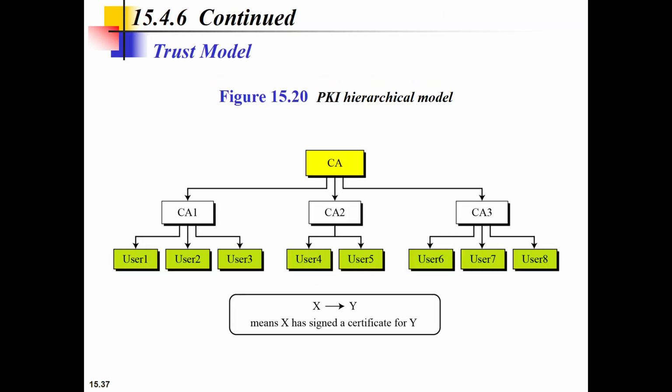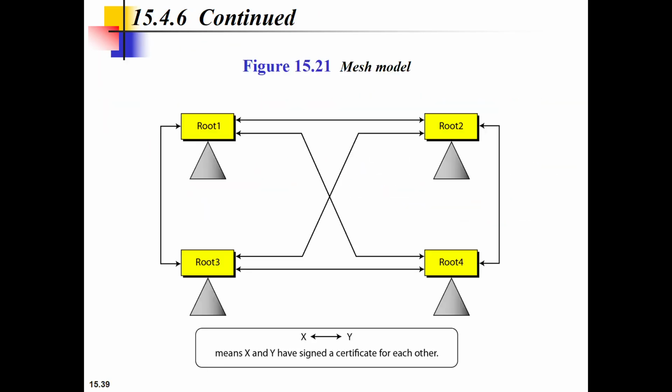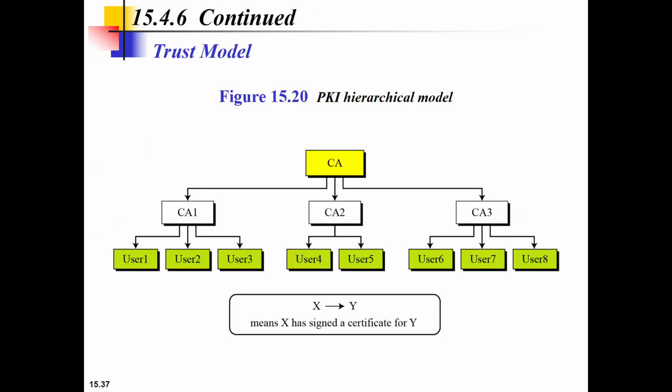So usually there are two models for this trusted center. There is a hierarchical model and there is a mesh model, which we've discussed. In real life, websites usually use this hierarchical model. Now we'll see an example, a demonstration to see how this is used in real life.